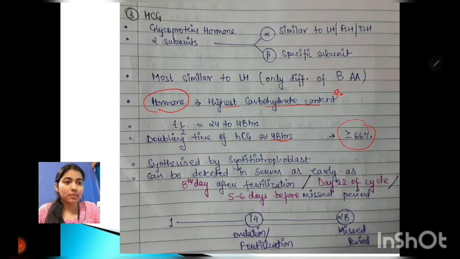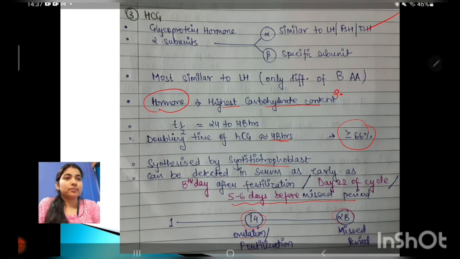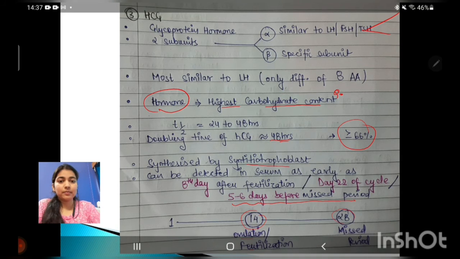It is synthesized by syncytial trophoblast and can be detected in the serum as early as the 8th day after fertilization, that is day 22 of the cycle, and 5 to 6 days before a missed period. On the 14th day ovulation and fertilization may occur, and on the 28th day, missed period. Okay,